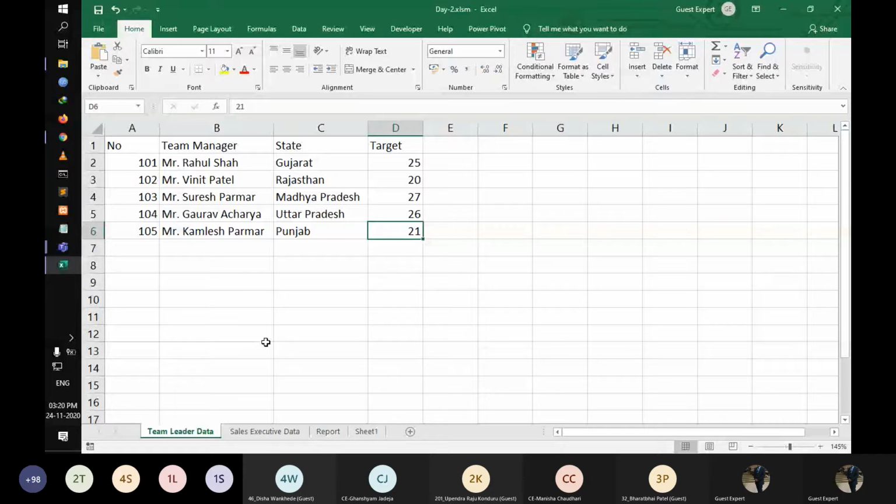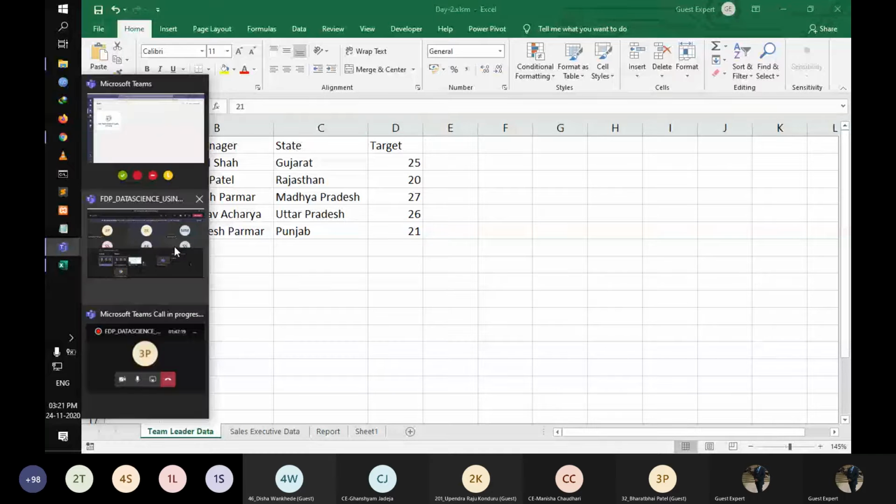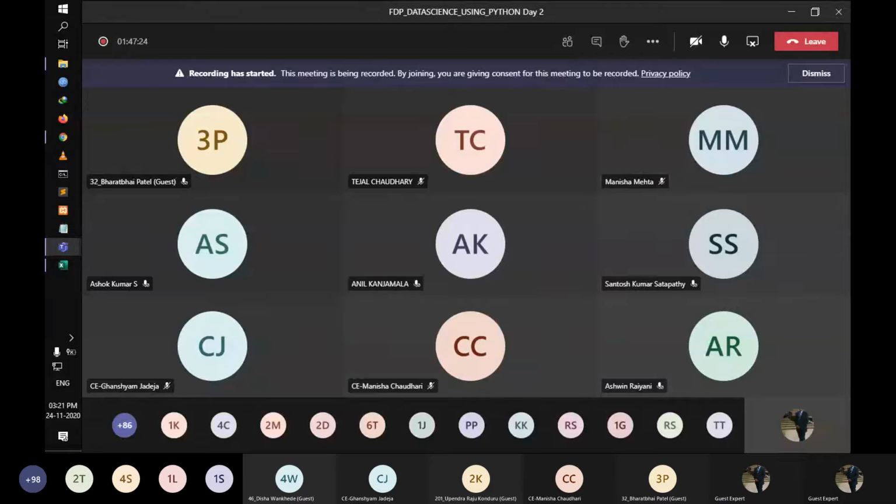Okay, so I hope you all have this kind of data right now, but the map is only possible in the 2016 and 2019 versions. Okay, does anyone have doubts regarding this? I have to explain this. Right now we make these projects. So does everyone have these files? Everyone have this kind of files? Hello? Manisha ji, can you ask if everyone has this file or not? I shared this file.